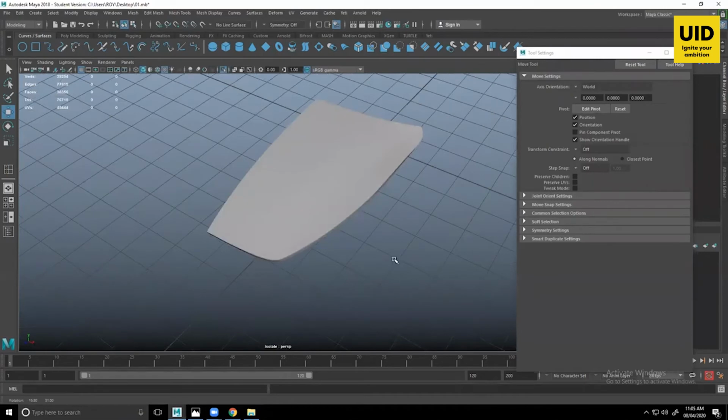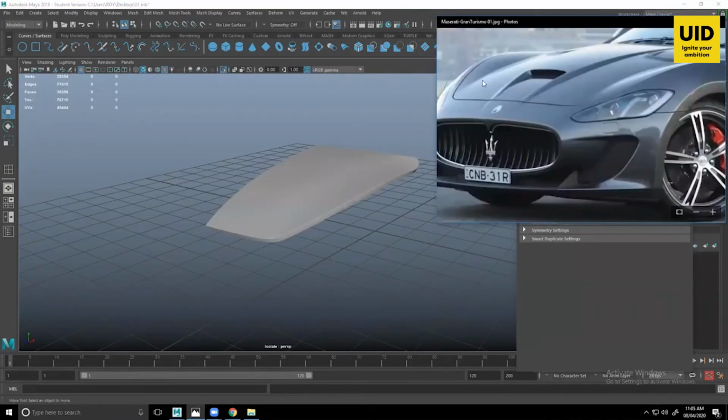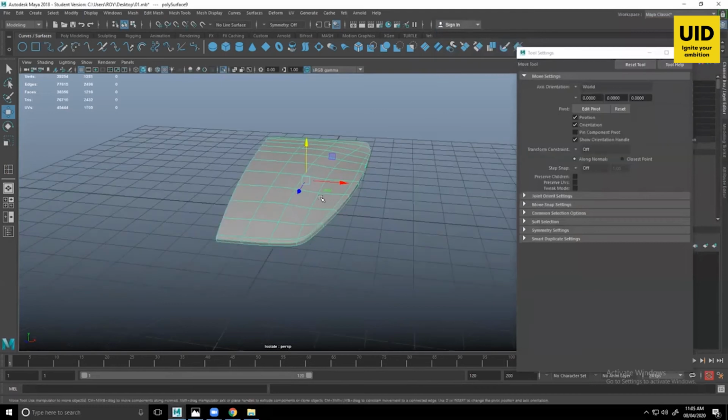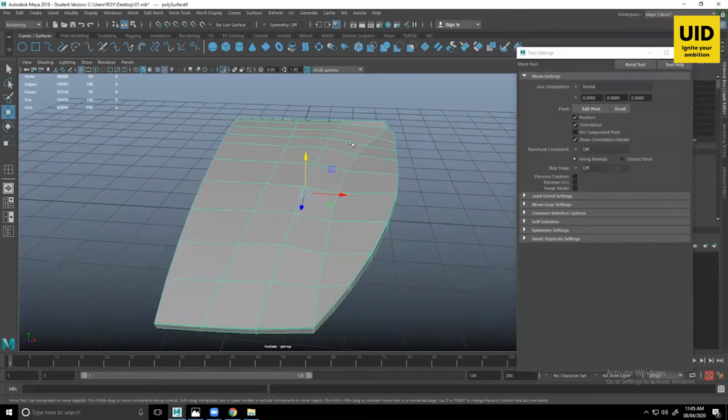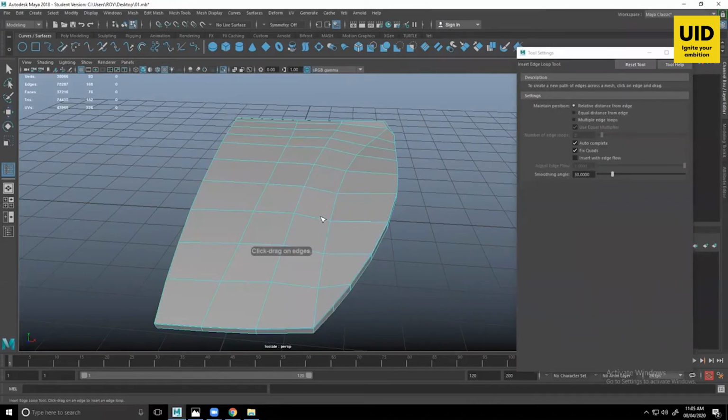Okay, then we have a cut over here. It's not a cut, but it's a bump and it's well defined by this edge. It's not too tight, it's kind of soft, but it's there. So let's do that. I'll go to my edge flow, insert edge loop tool. I'll insert my edge over here. Let's add it right in front of this.